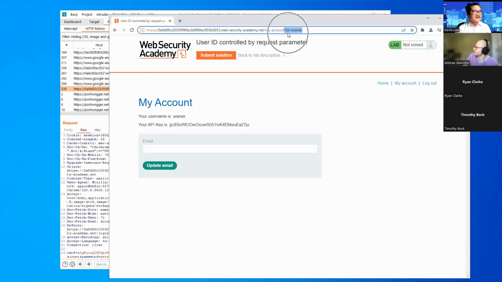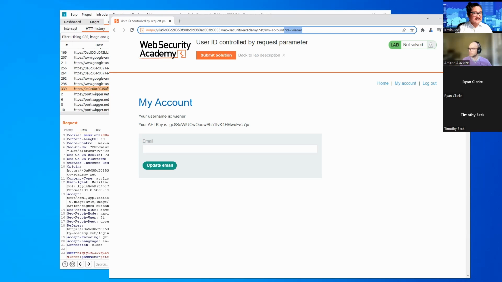URL parameters are identified by the question mark over here, followed by the parameter name, followed by the value of the parameter. We can see that the ID is equal to Wiener, which is our user account name. So this is something we can use to take advantage of the application. But how exactly would we take advantage of the application given this information here?